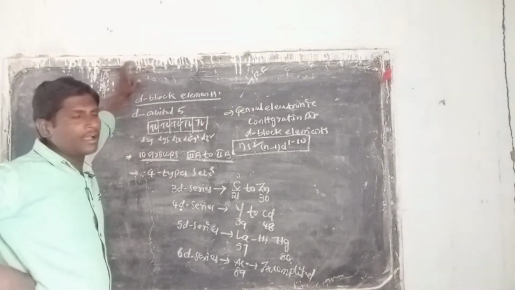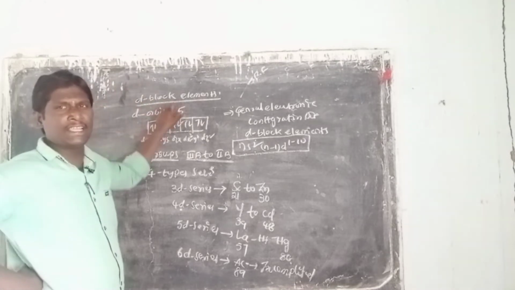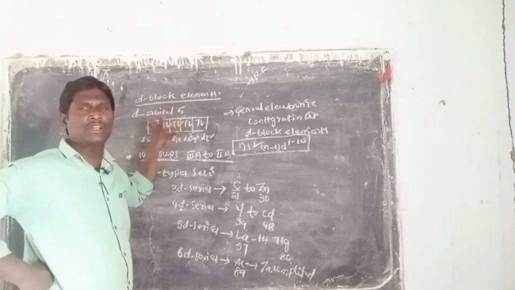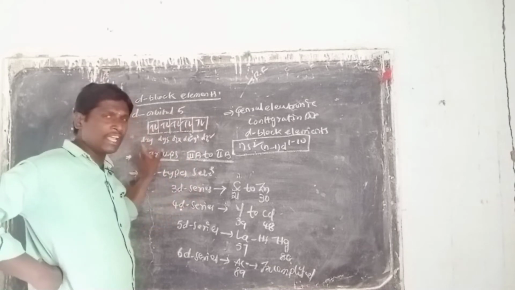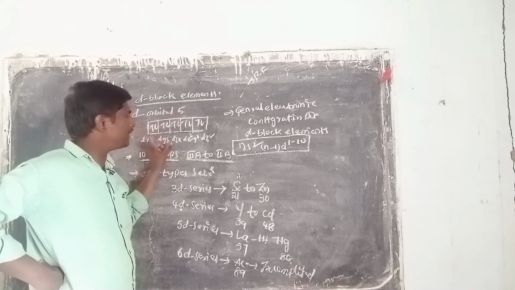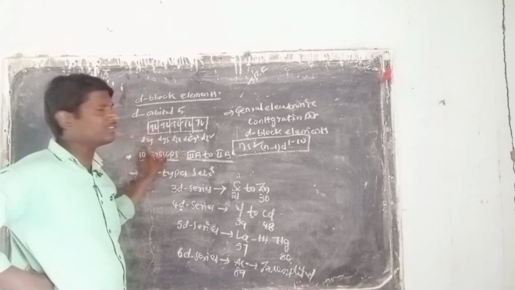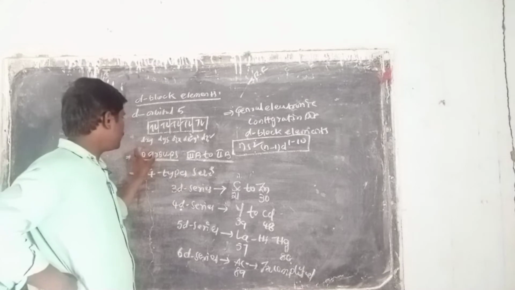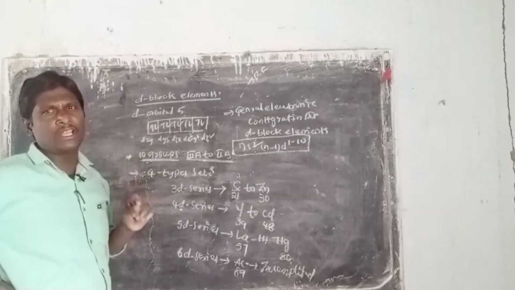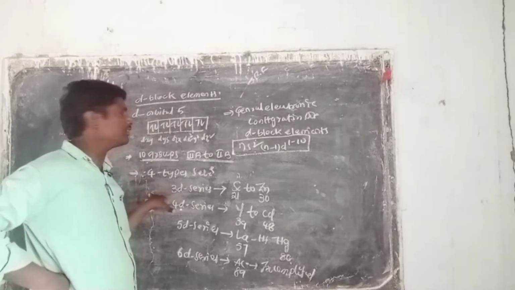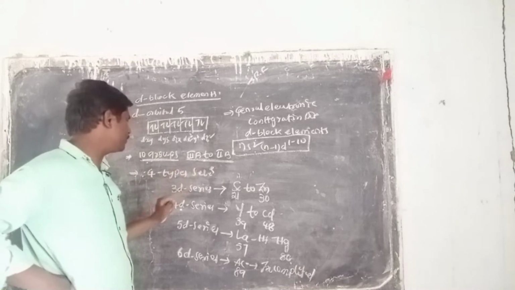Now once again, recall what is meant by D block elements. The differentiating electron entering the (n minus 1) d orbital is known as a D block element. The d orbitals are 5: dxy, dyz, dzx, dx square minus y square, dz square. Each orbital accommodates 2 electrons, so 10 electrons are present, which gives 10 groups.